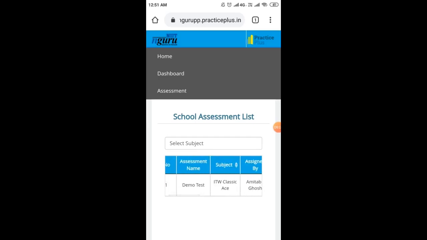If it is after the current time, then this take a test button is deactivated. It won't allow you to give the test. So make sure you attempt the test on the same day and at the same time. So click on it.